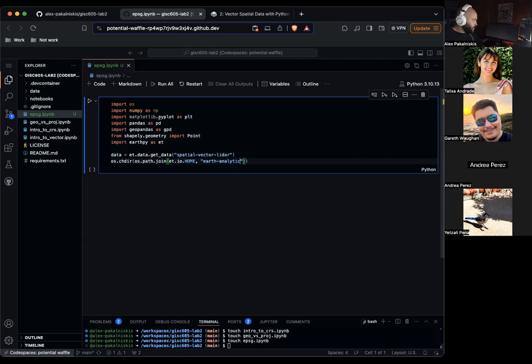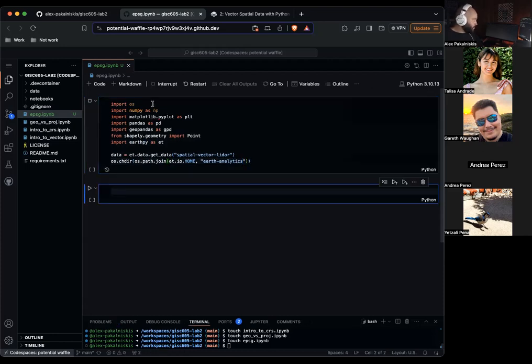Earth analytics. Cool. Let's import the world boundary shapefile and output the coordinate reference system as a quick reminder, as if we didn't just do that for the last 30 minutes.